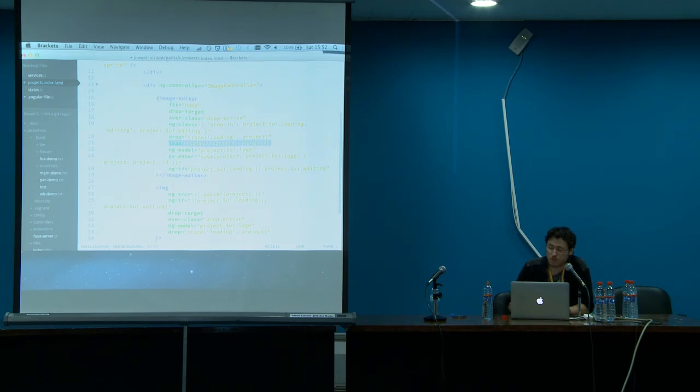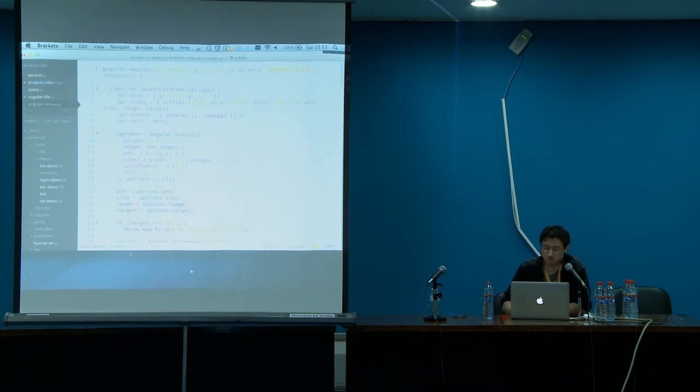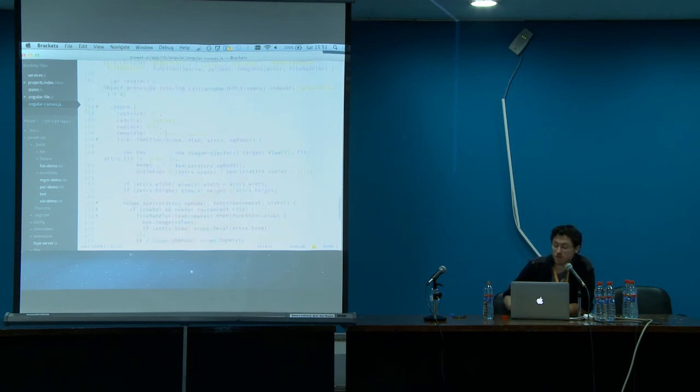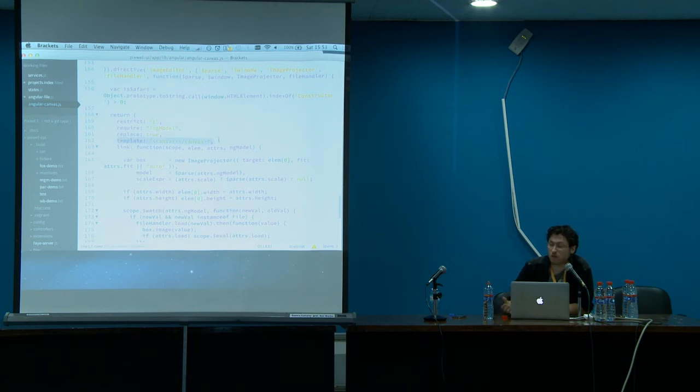So this image editor is actually two things. You provide a binding to a file or some other source of data that it's going to read from, and then it'll use the file reader API to go and fetch the image data out of the file or whatever you want to use and render it to the canvas. So that's made up of a couple of different components. You have the image editor itself, and the template for that is just an empty canvas that I manipulate in JavaScript.